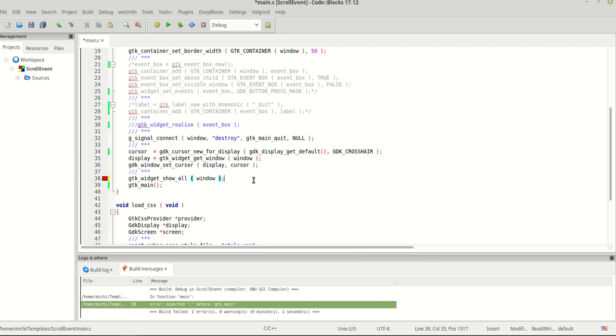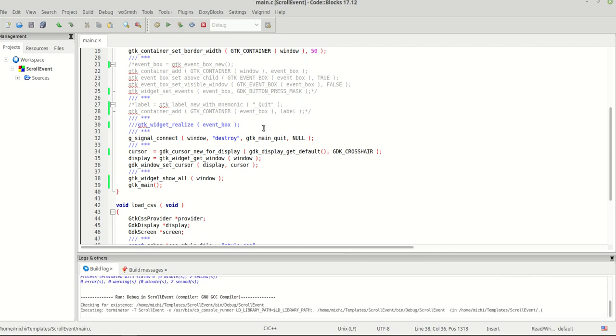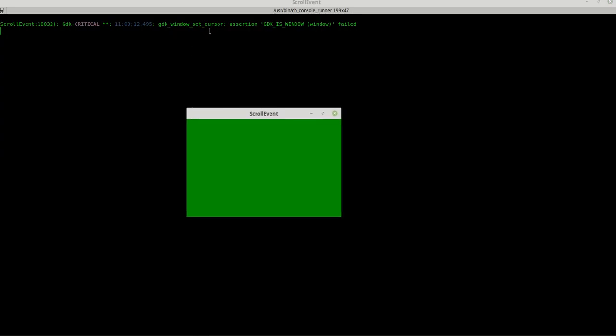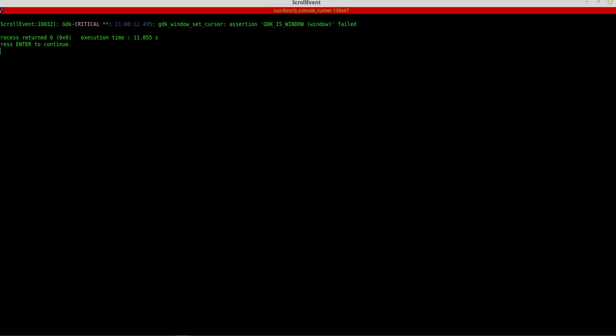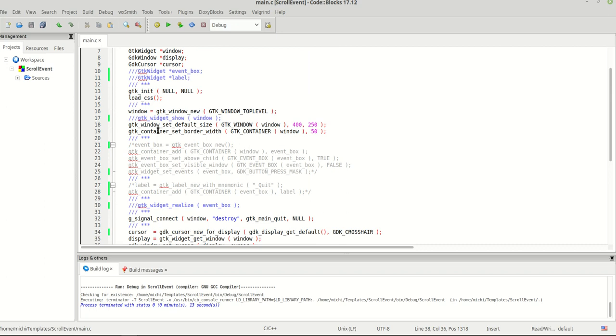Okay, yeah, because I need a semicolon. I run the program now, and bam, it says GTK window set cursor: assertion GTK is window failed. Why is that? Well, because in the first example we were creating our window which was realized, and realize or